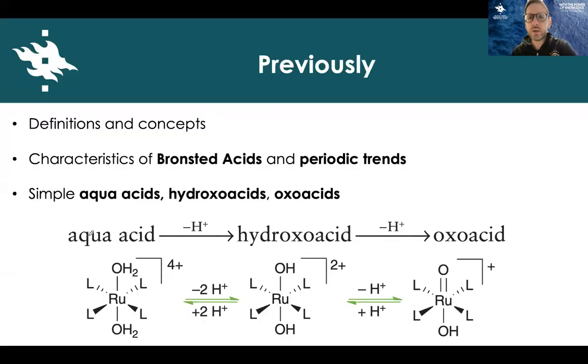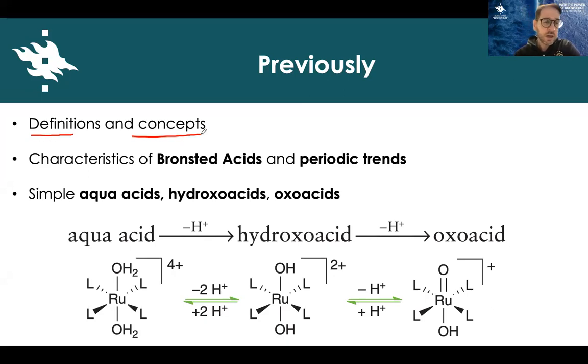In our class on Monday, we started to discuss several things about acids and bases, and we covered definitions and several concepts. We focused on the definitions of Arrhenius in the beginning, and then more on the Bronsted-Lowry theory of